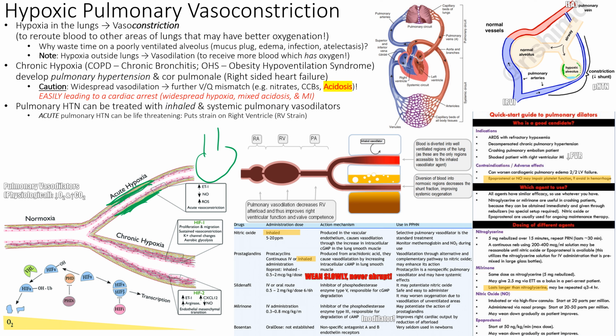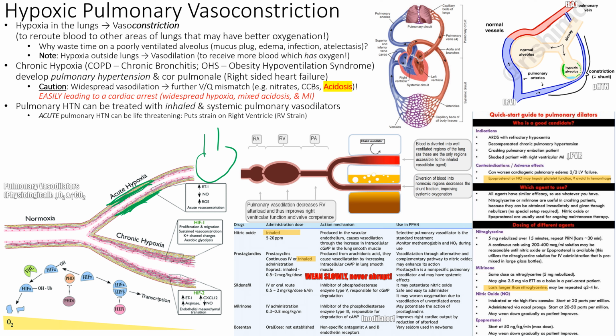So why did that happen? It's actually a protective mechanism that your body does. It's the only place in your body where, when your oxygen is low, you're going to vasoconstrict, right? When your oxygen is low in your brain, it's like, shoot, vasodilate. I would get more blood up there, right? When your big toe is